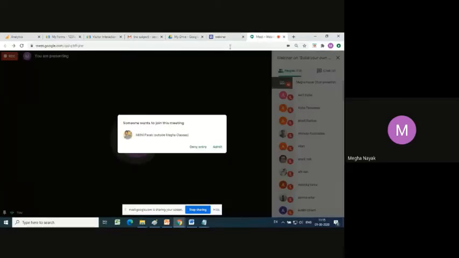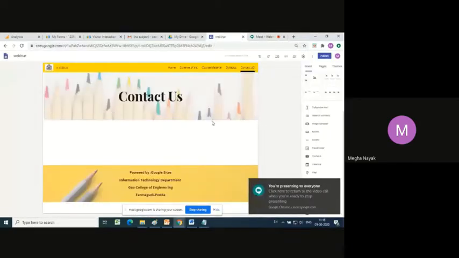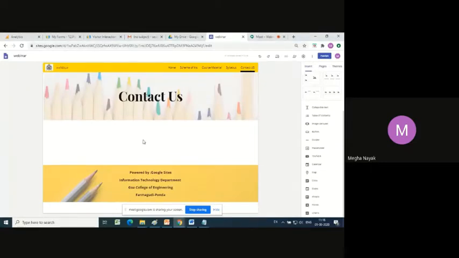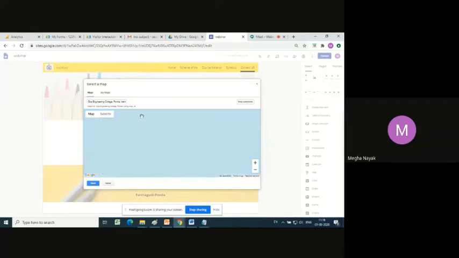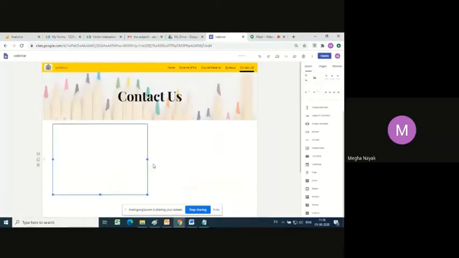Alright, once I close the preview, I'll go to my contact us page, and in the contact us page, I will try and see how I can put a map, how I can put a calendar and the address to GEC. So over here there are different options. So I will click over here map. Once I click over here map, it tells me to enter a location. I'll say Goa Engineering College, Ponda. Alright, it chooses this and I say select. Alright, and the map is going to get populated over here. You can stretch it to make it small or big, it's totally up to you.